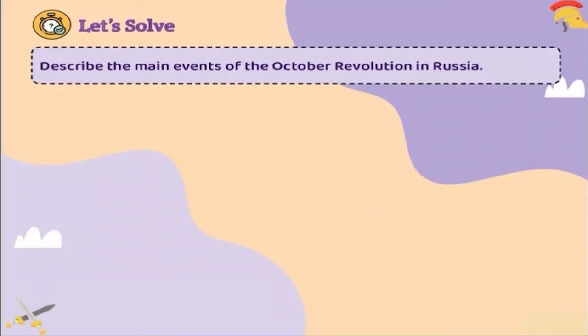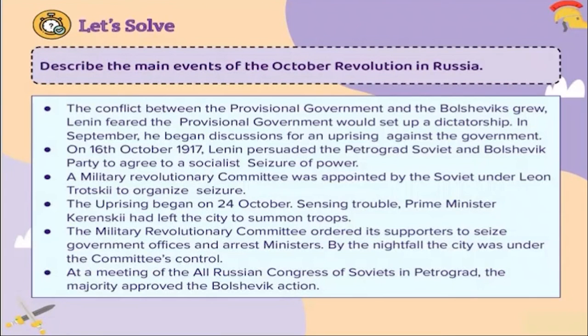Okay. Next question is, main events of the October Revolution. What happened in October? There was a conflict, as in a problem, between the provisional government and the Bolsheviks. Lenin was afraid that the provisional government would make a dictatorship and his plan of socialism would fall. So in September, he began discussions for an uprising, meaning revolution. On 16th October, he persuaded the Petrograd Soviet and the Bolshevik party to agree to a seizure of power, meaning they will take the power. A Military Revolutionary Committee was appointed by the Soviet, under the leadership of Leon Trotsky,